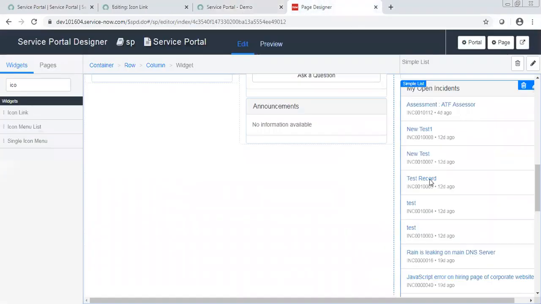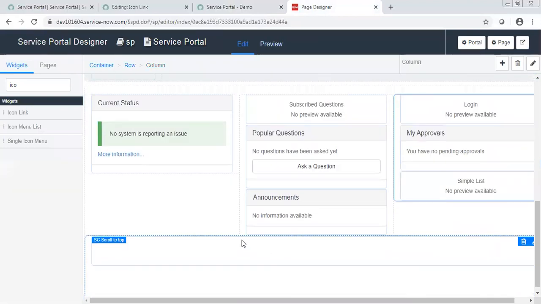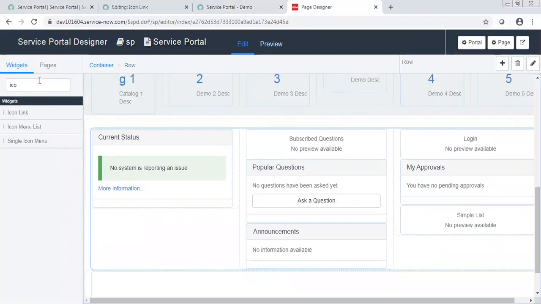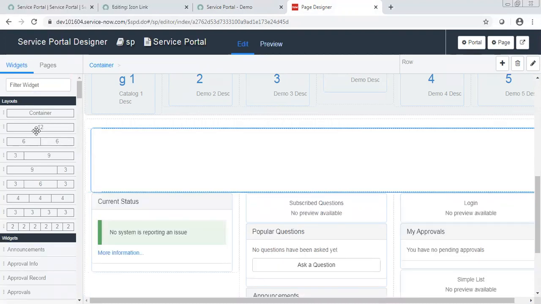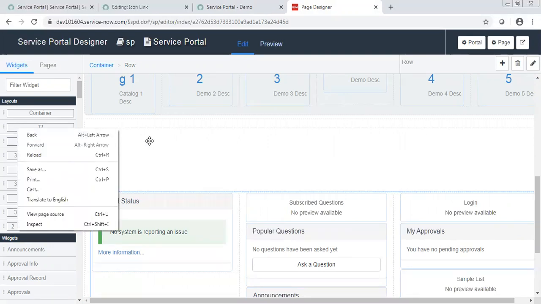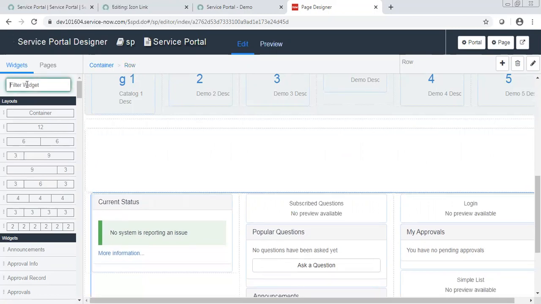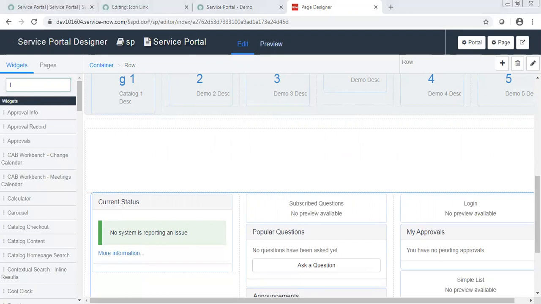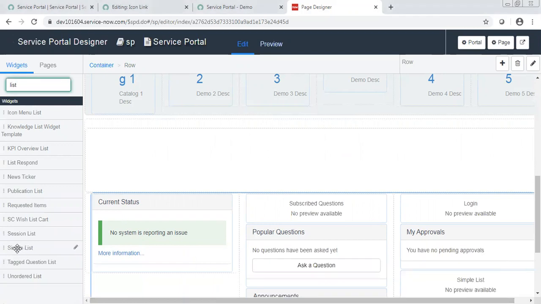So what you can do, you can remove it, and then I will add one container, and as I just want to show once, there is a widget called, if you type here list, here you get simple list.